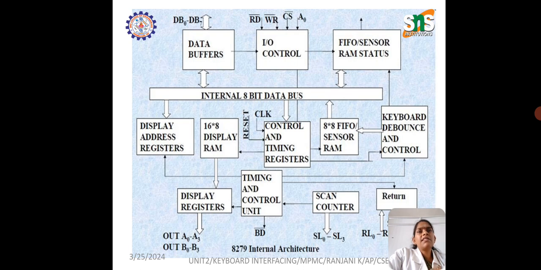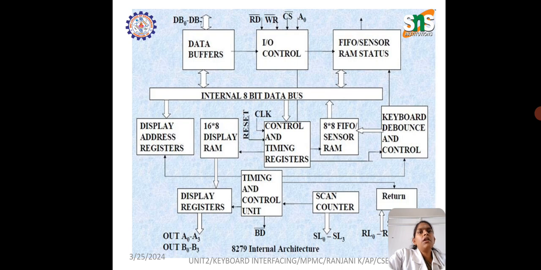Next is the scan counter. The scan counter has two modes: one is the encoded mode and the second one is the decoded mode. In the encoded mode, the counter provides the binary count that is to be externally decoded to provide the scan lines of the keyboard and the display. Next is the decode scan mode. In the decode scan mode, the counter internally decodes the least significant 2 bits and provides a decoded 1 out of 4 scan, that is SL0 to